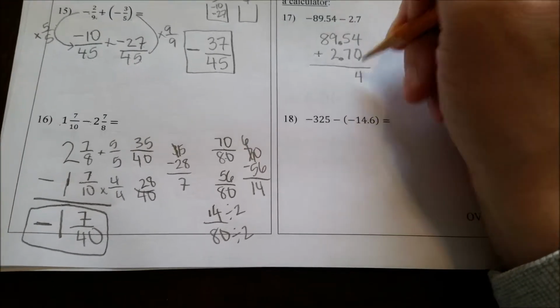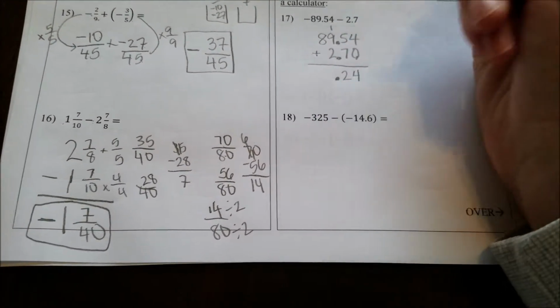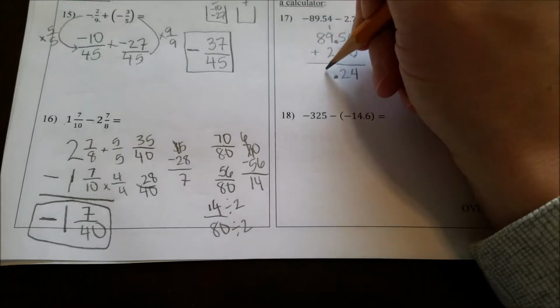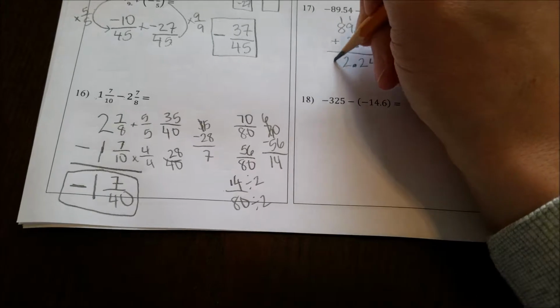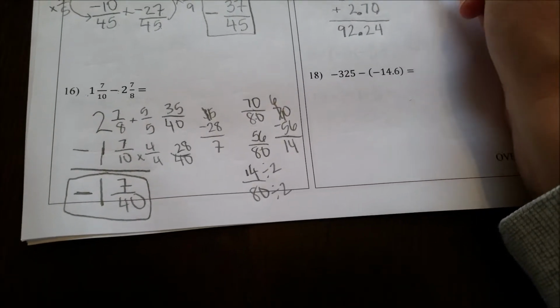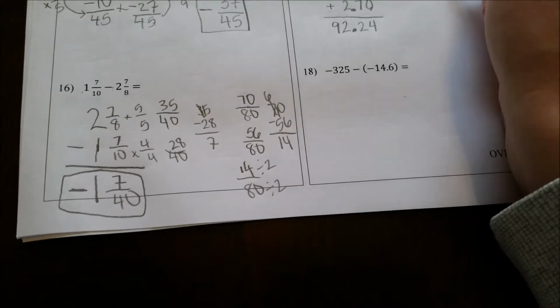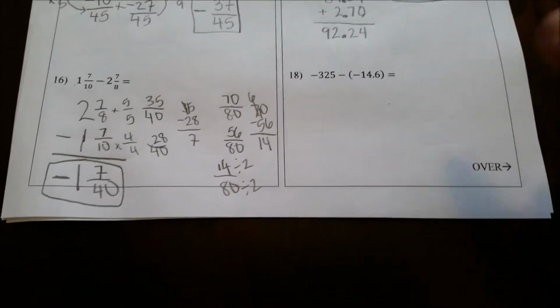4 plus 0, 5 plus 7 is 12, carry the 1. I'm also gonna bring down the decimal. 10 plus 2 is 12, carry the 1. And we should get 92.24. But don't forget, don't drop that negative. 92.24 as a negative because they're all negative. On this one, this is